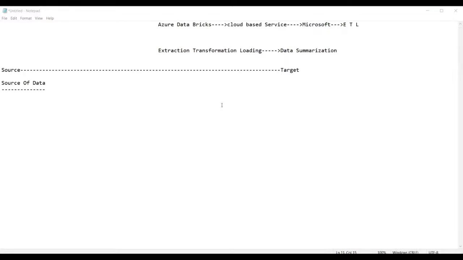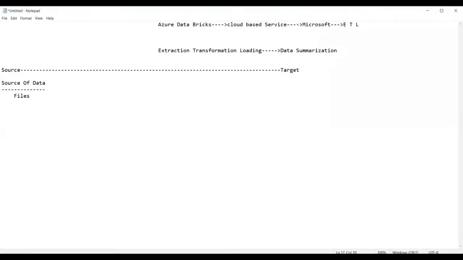Yes, your house expenses and income you're going to write in an Excel sheet, but ultimately that is nothing but data. The place from where we get the data is called the source of data. So we can get the data from files.